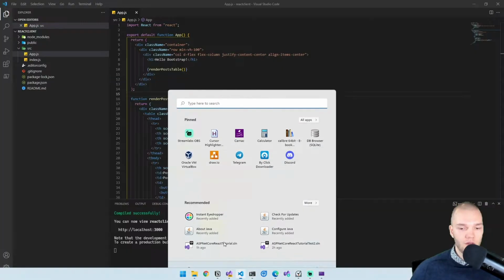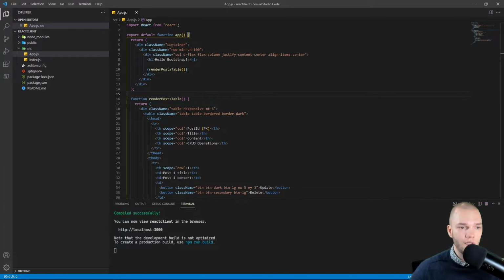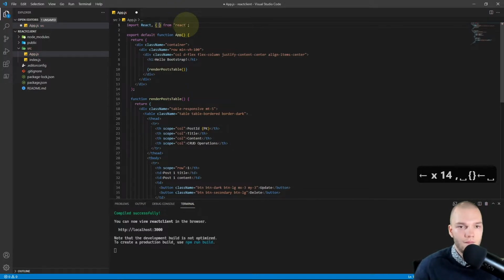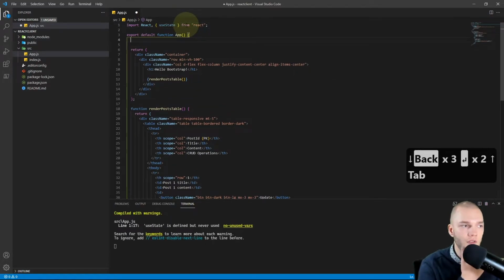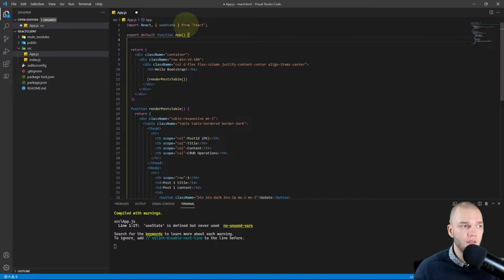So I'll just go back to VS Code, and to keep things simple, we're going to use the JavaScript Fetch API to interact with our ASP.NET Web API server, and we're going to use React State to store that data here in this app component. So first of all, I'll add useState in the import. Then in the app function on the first line, I'm going to add the post state.